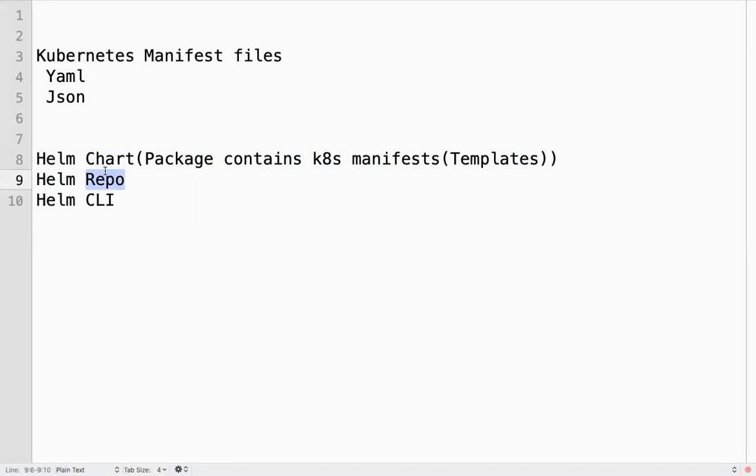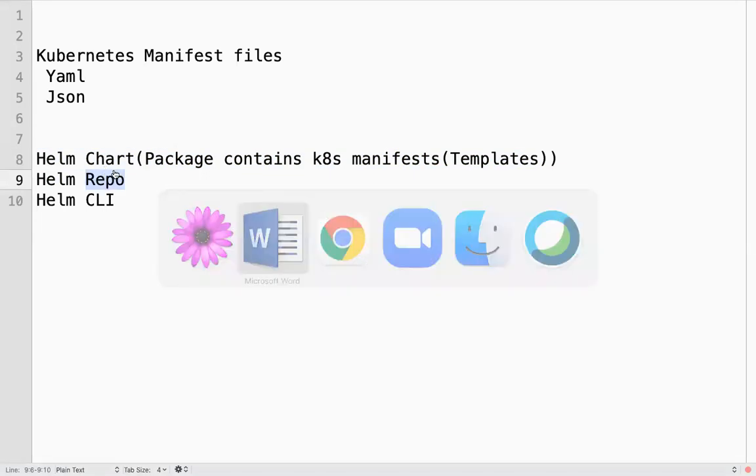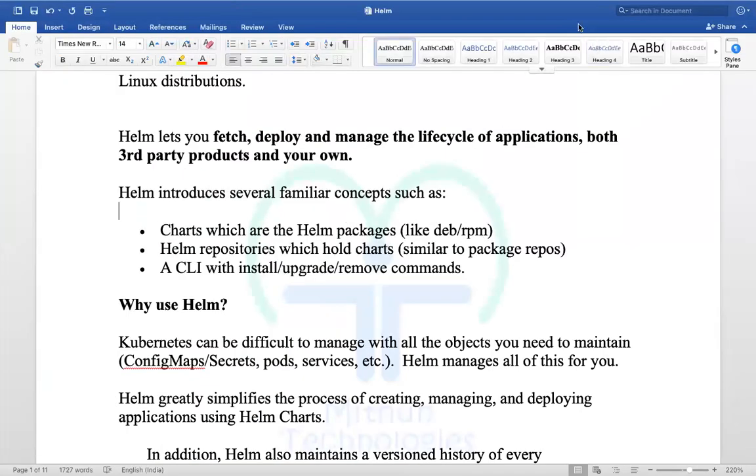And Helm repository. What do we maintain in the repository? A Helm repository is basically a central place where we maintain the Helm packages, Helm charts.